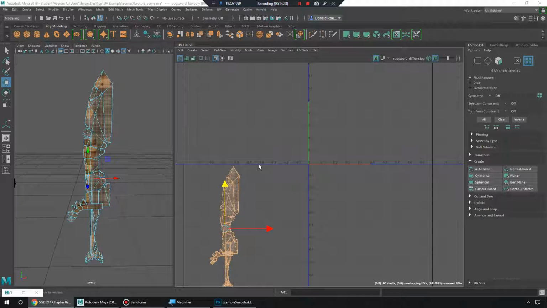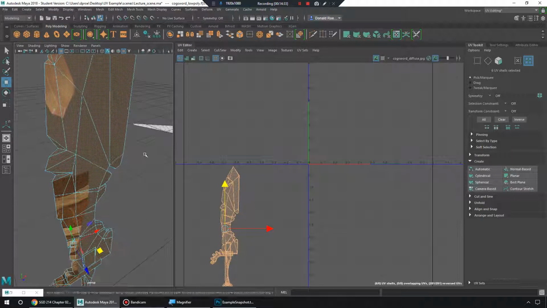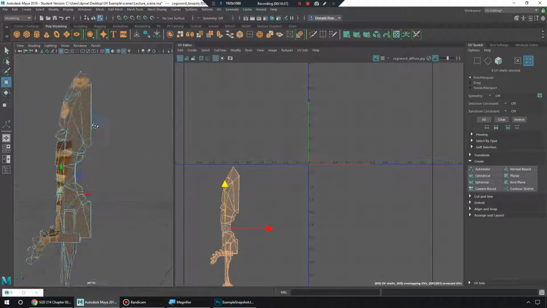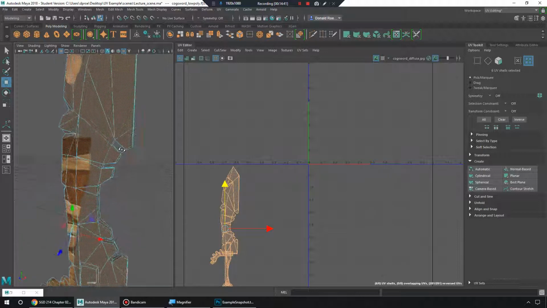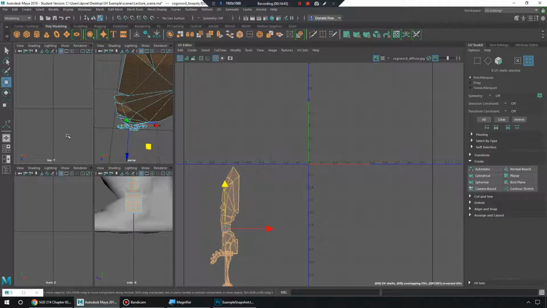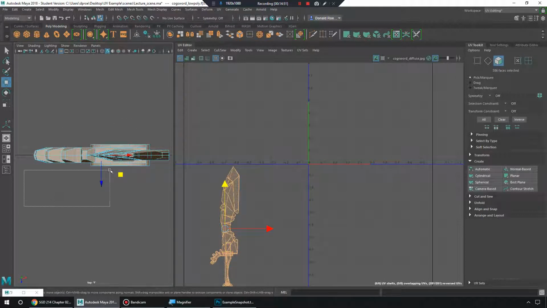So after you get a nice projection, it's now up to you to start making trims and seams. I don't really think this is the best example to use for that, but I'll go with it anyway. So, yeah, this will work just fine, actually. What I'm going to do is mirror the sword on both sides, so I'm only going to UV one side of it. So I'm going to go right down the middle,